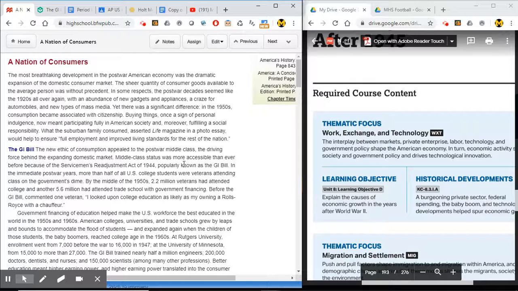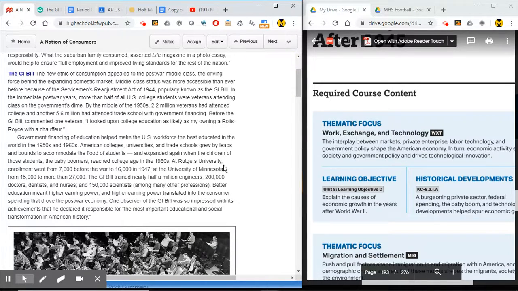So we become a nation of consumers, as your book says. We've already kind of become that, but that increases as consumer goods become more widely available. People have more money, the middle class grows, and so people are spending on all sorts of stuff, gadgets and appliances and things like that. But one thing that is more important than that is the GI Bill. The GI Bill is still around, but this was put into place so that people returning from war, soldiers returning from war, could go to college on the government's dime. And so that changes the workforce.